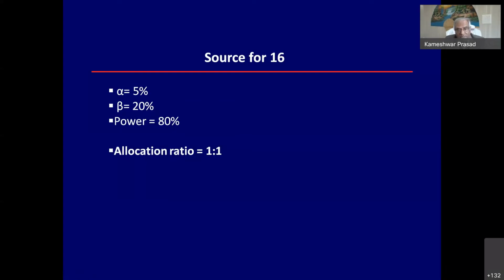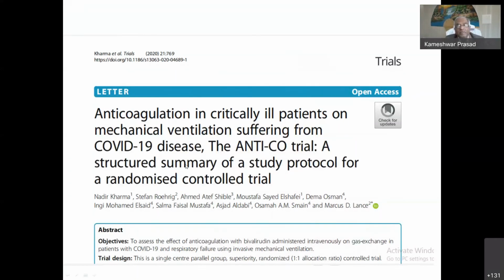Sometimes they have to prolong the study because they didn't get as much effect as they wanted. So these are estimations. A few numbers here and there don't matter. So for example, this is